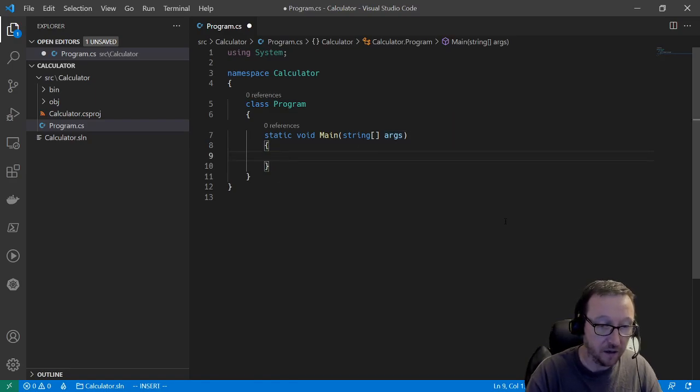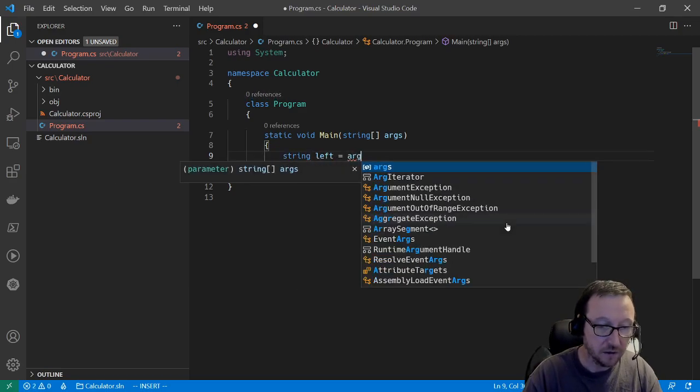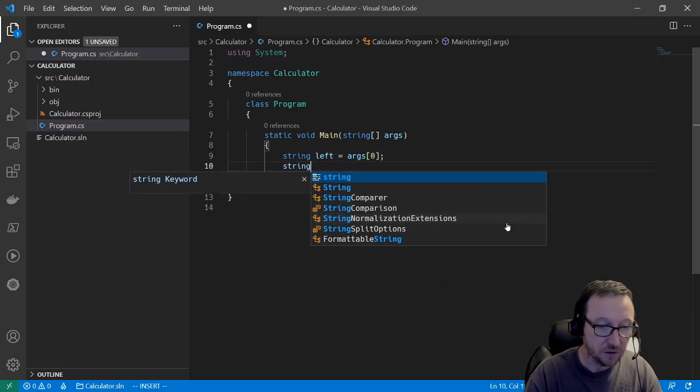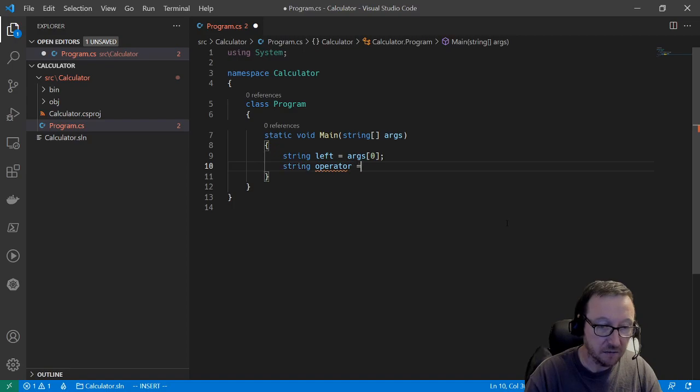And so we're going to say var, we're going to say string left equals args 0, and string operator equals args 1,